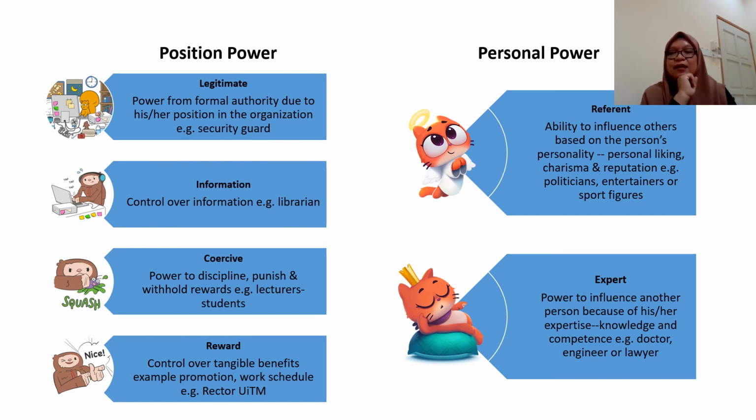Okay. The second personal power is expert power. Okay, power to influence another person because of his expertise, the knowledge that he has. Okay, so people listen to him because he is an expert in that area. For example, you tell someone about rules, regulations, and law, and you are a lawyer yourself. So of course people will believe you because of the knowledge that you have. Okay, so this is what we call expert power.